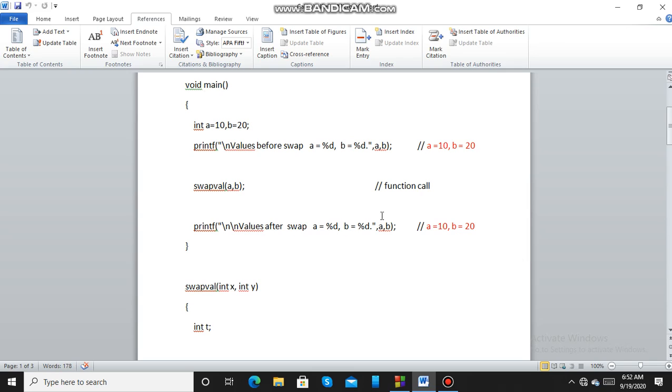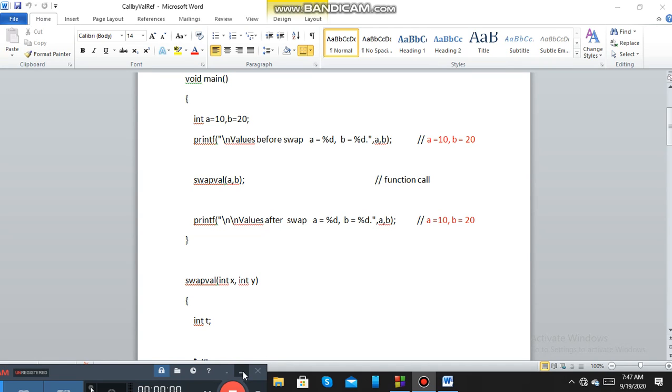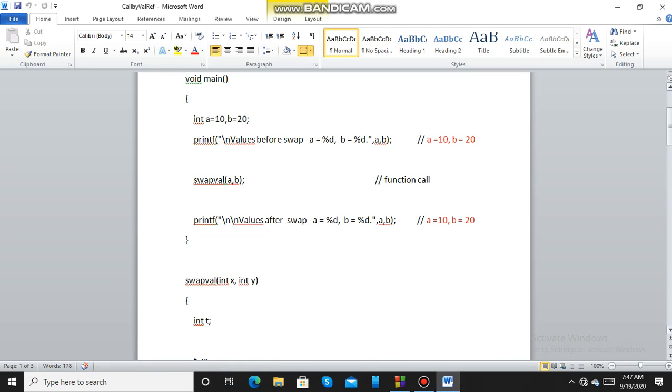So we have not got the desired result. The values have not been swapped. Our idea was to swap the values in a and b using this function, but that has not happened. The values in the formal parameters x and y have got swapped, and that has not been reflected in the actual parameters a and b. This is because the memory locations of variables a, b, x and y are all different. So in the call by value mechanism, the changes in the formal parameters x and y will have no impact on the actual parameters a and b.